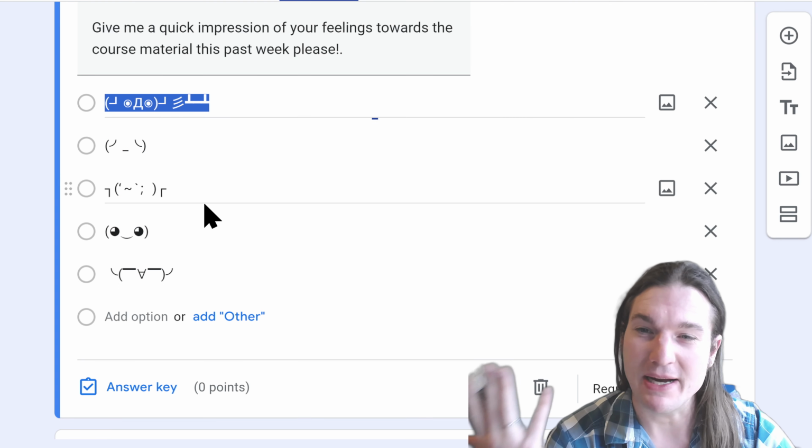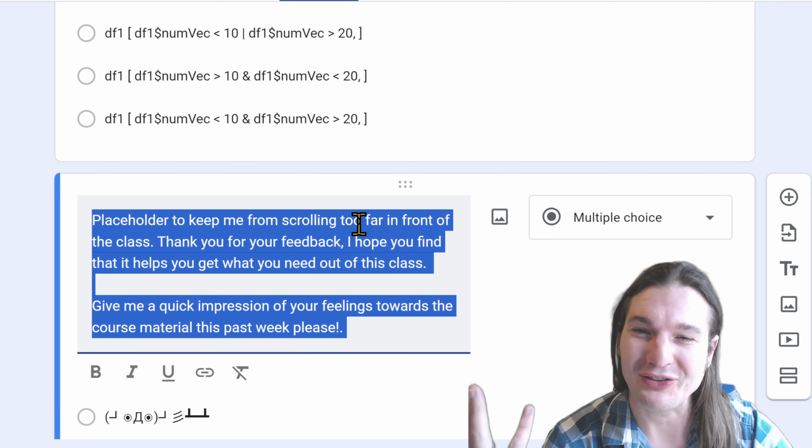And one day I should probably not make this such a cute one because I think some of y'all pick it just because it's cute, but